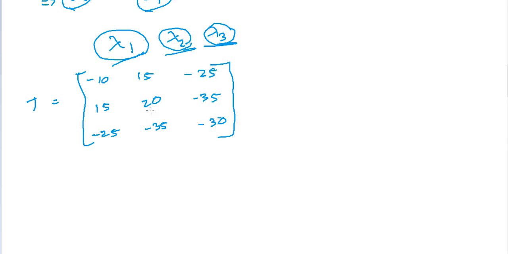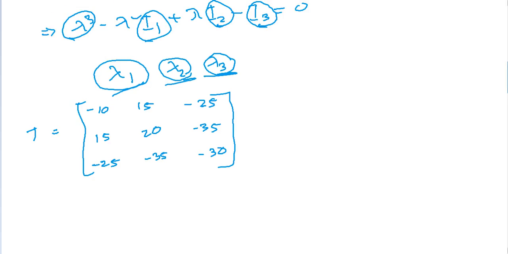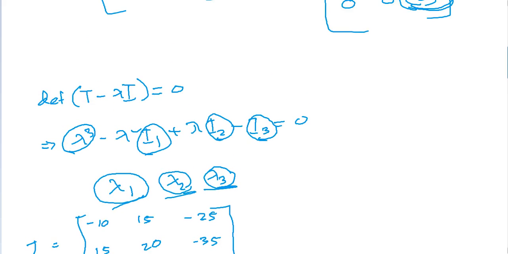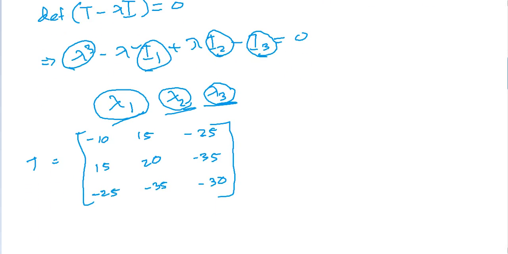So from there you can find this characteristic equation, right? The characteristic equation is the determinant of T minus alpha I, where I is the identity matrix and alpha is the eigenvalue. It's a three-dimensional case, so we will have three corresponding eigenvalues alpha 1, alpha 2 and alpha 3. I have already calculated some invariants. Invariant I1 is equal to minus 20. You know what an invariant is and how to calculate this, right? So the second invariant is